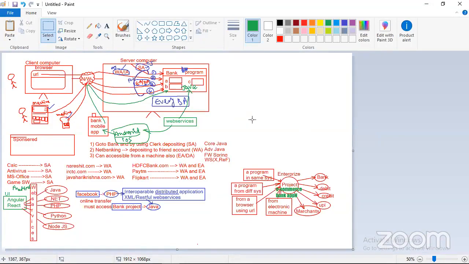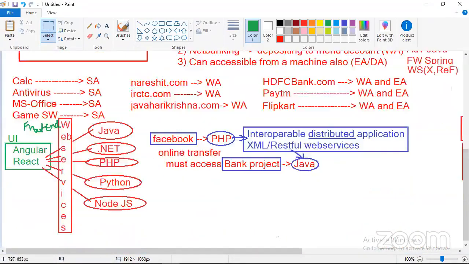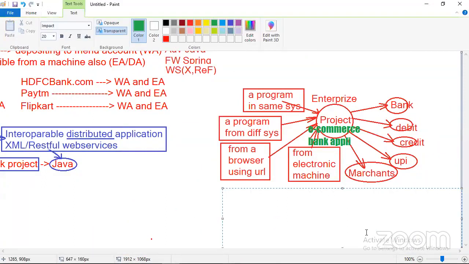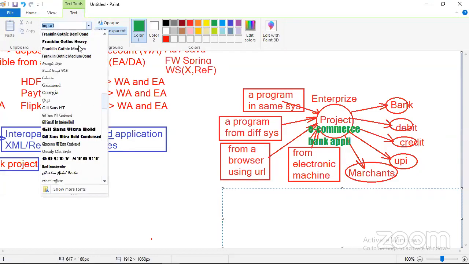Tell me, sir, every enterprise application background uses how many technologies?